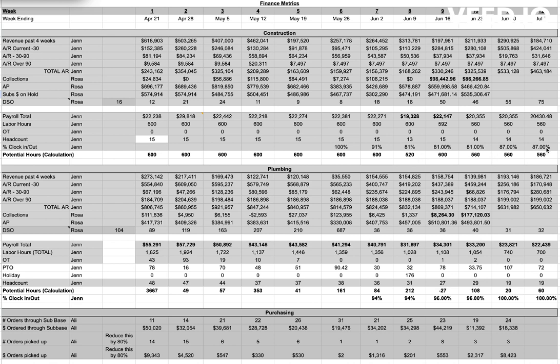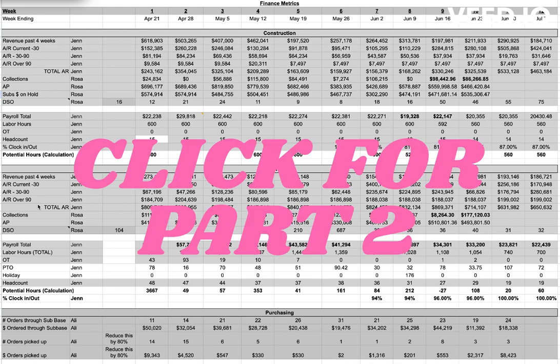So moving down to plumbing, most of these are the same, but I want to show you how it's different in both businesses. My DSO average in construction was 16 days, but in plumbing it's 104 days. And that unfortunately just means that I'm covering costs for 104 days in my plumbing business, which, if you don't have a good line of credit, if you don't have good capital, can be very difficult. So this sheet really kind of puts